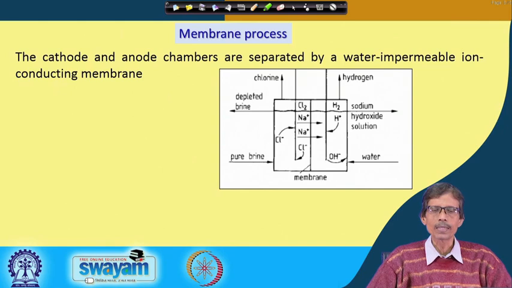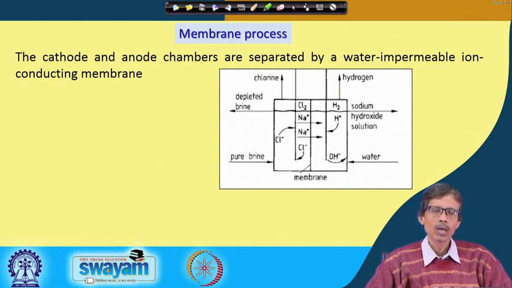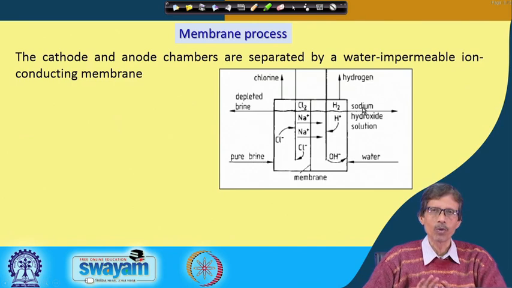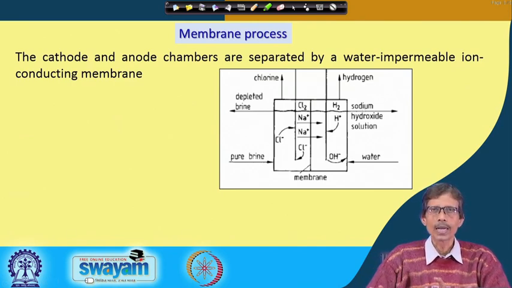So, the flow chart basically will tell you which particular process we are talking about, because sometimes the membrane is not given to you. Otherwise it will be quite obvious that you will be able to recognize it as meant for the corresponding membrane process. But the orientation of this and the production of the sodium hydroxide from one particular chamber towards the right hand side will immediately tell you that this is a membrane process.